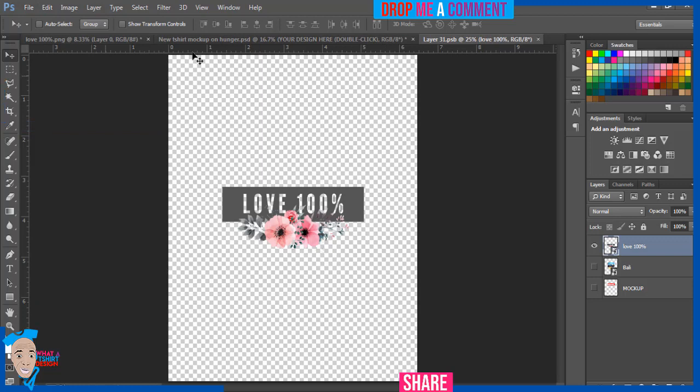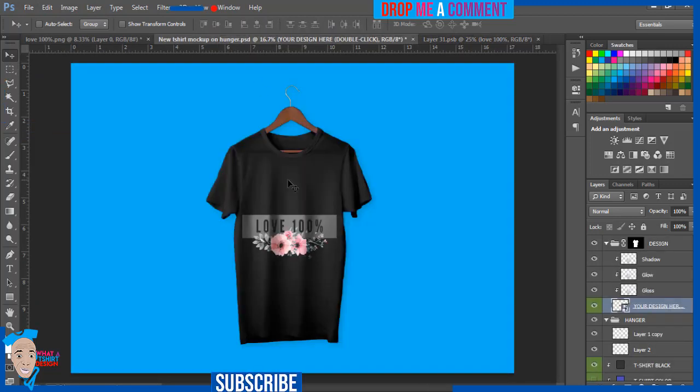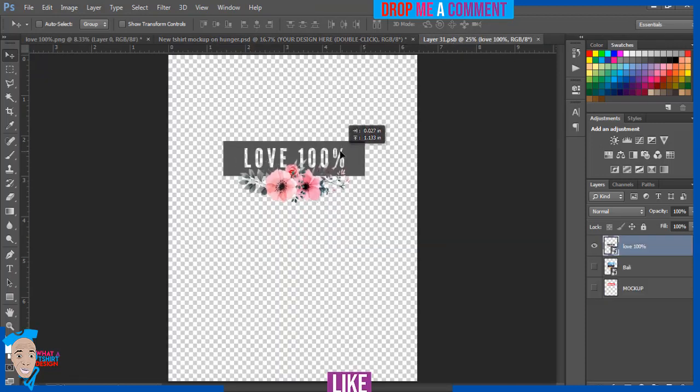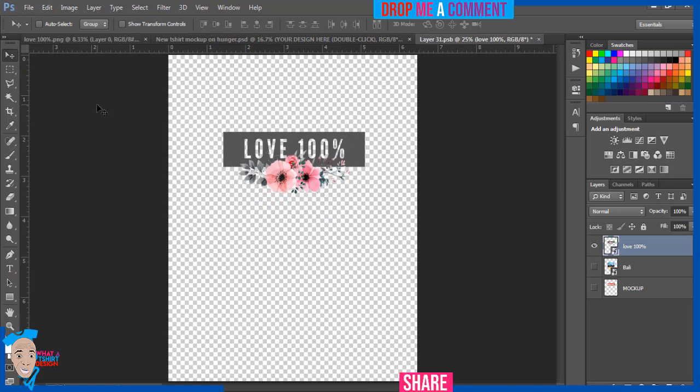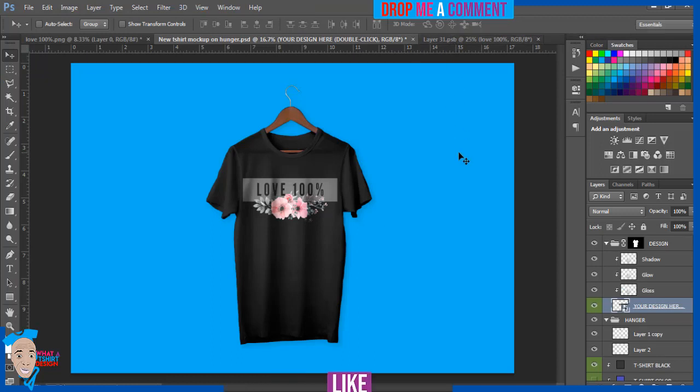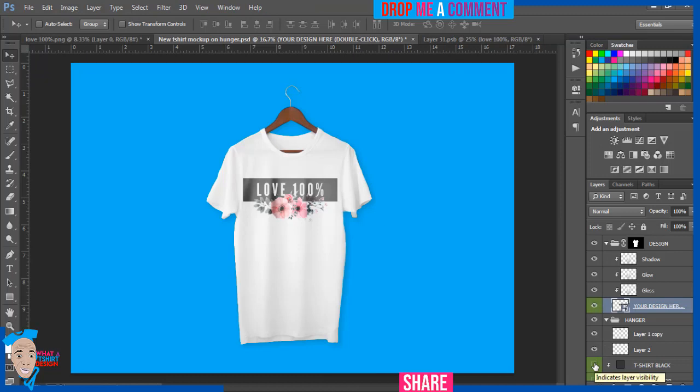Should appear on my shirt, but as you can see, it's not so cool on a white shirt, and it's supposed to be at the chest level. So I'll just move this up so that it appears chest level, and I'll save again. So now you can see chest level. As you can see, it's better on a white shirt. So now I will just save this,